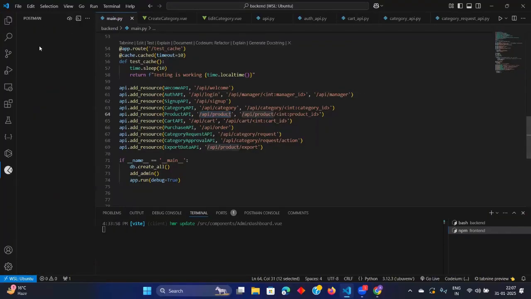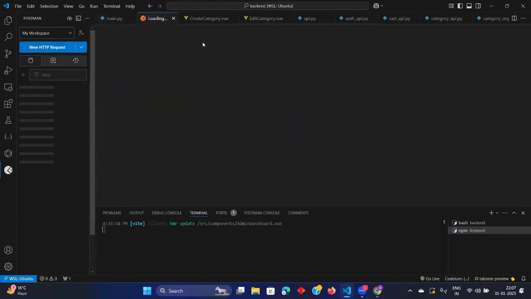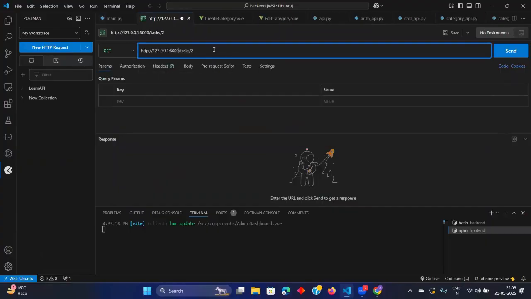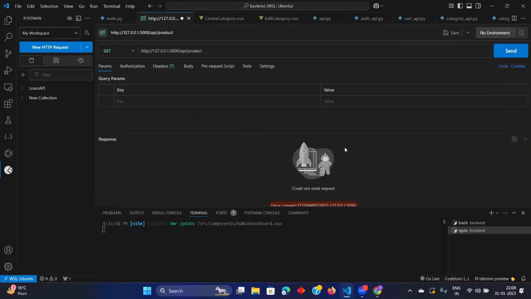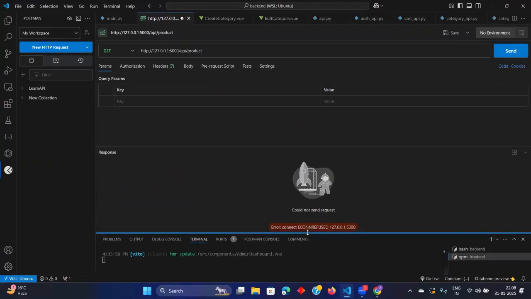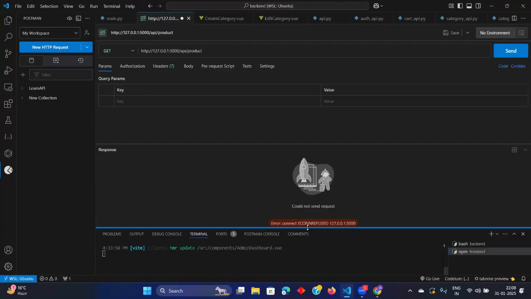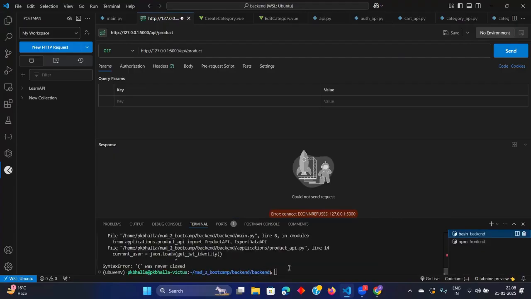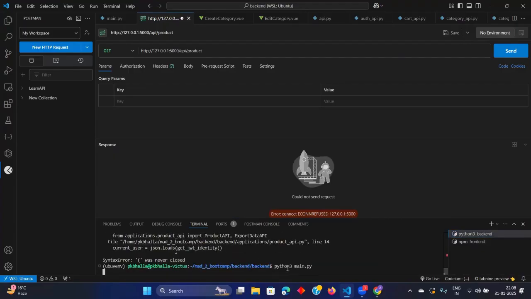So our Postman, new request. Error, connection refused. Why is the connection refused? Okay, it is closed.